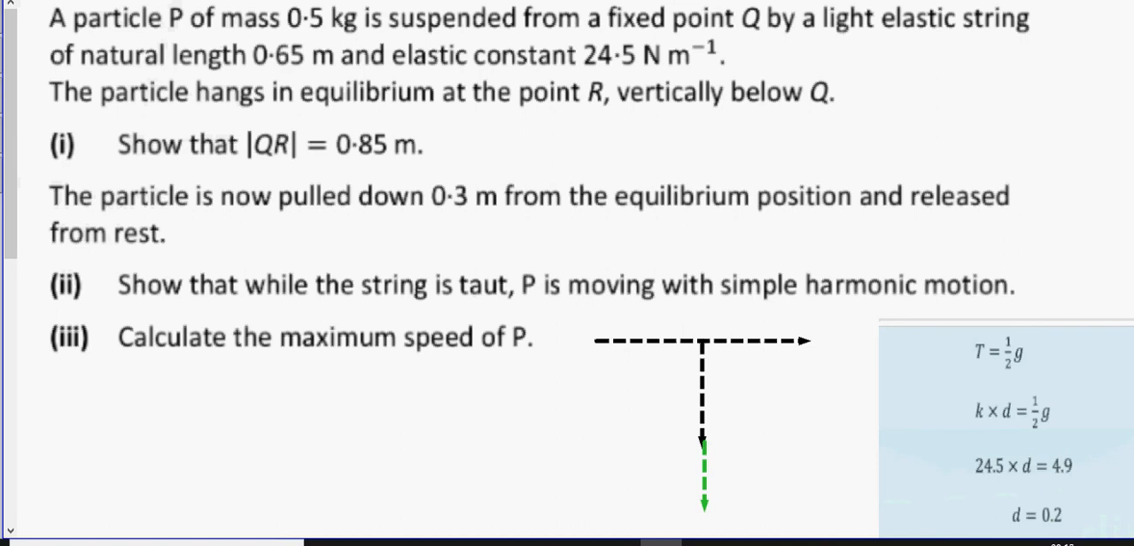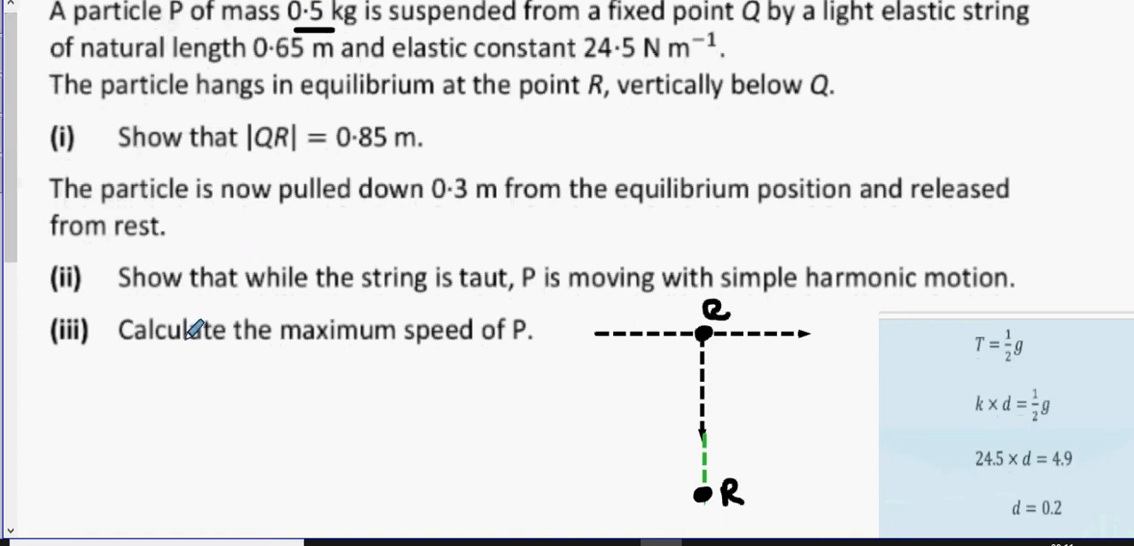Okay, and it says that this is a point Q. Hangs at equilibrium at point R. And it's called P, but they decided to call the position at equilibrium R. Okay, so that's alright. And it has a mass of half a kilogram, so